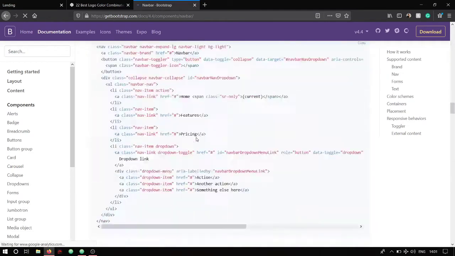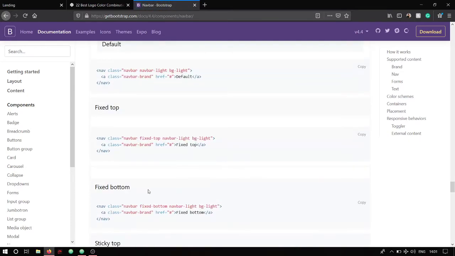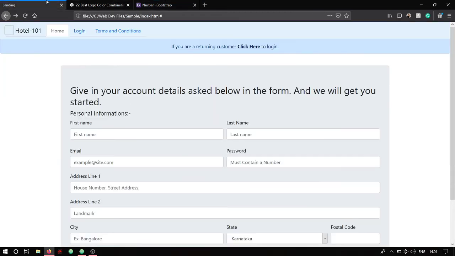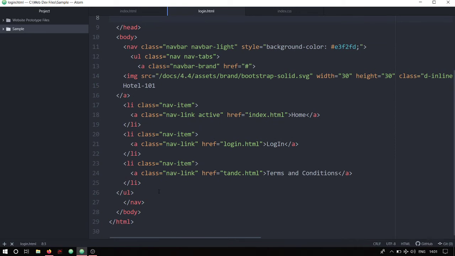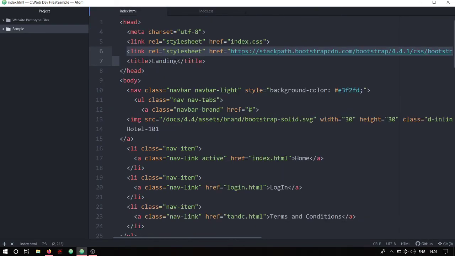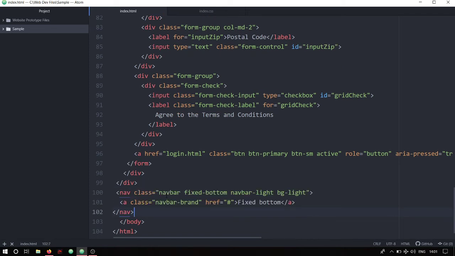So if you go down over here, you will find a navbar fixed bottom. So I'm going to copy that and paste it inside the HTML file, but after my form. So it comes after everything, it comes in the bottom because it is a footer. So paste it over there. It is navbar fixed bottom. Instead of fixed bottom, I'm going to give